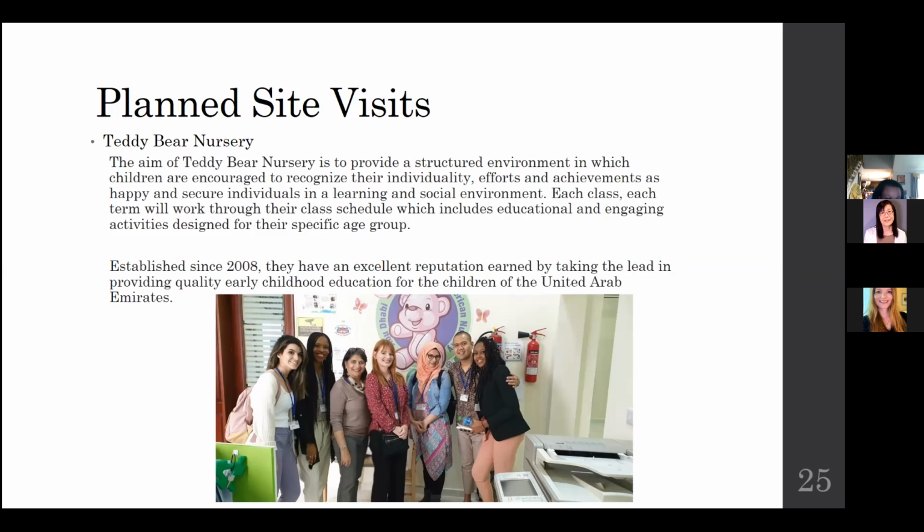A big expat population there. And Nipa, she is the third lady from the left. She is the owner and she runs the Teddy Bear Nursery. It's really interesting to hear perspectives and the specific issues that are related to working with expat families, because as you probably know, expat families can move in and out and are not always stationed there long term. So it was an interesting take on how they provide services to children given that situation.